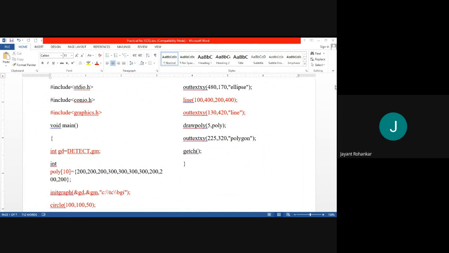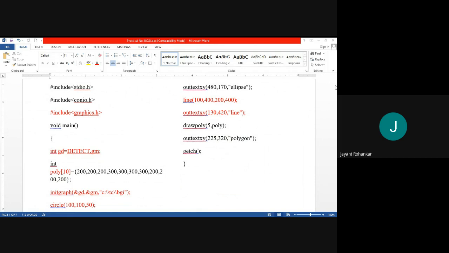Then we have to write the initgraph function. Here ampersand of GD, where the graphics system is available at that location, your pointer will go and detect the graphics and activate graphics mode. For that purpose, we need to give the path of the BGI file, that is C colon backslash TC, that is Turbo C, then BGI.